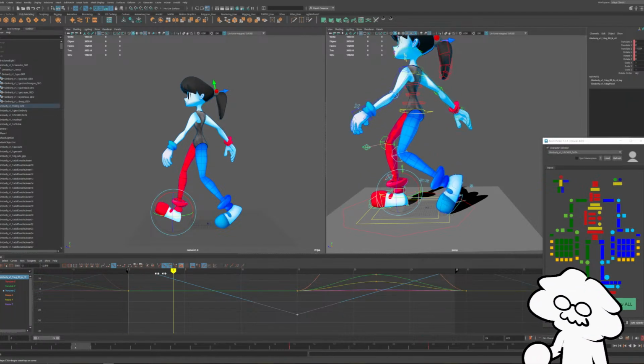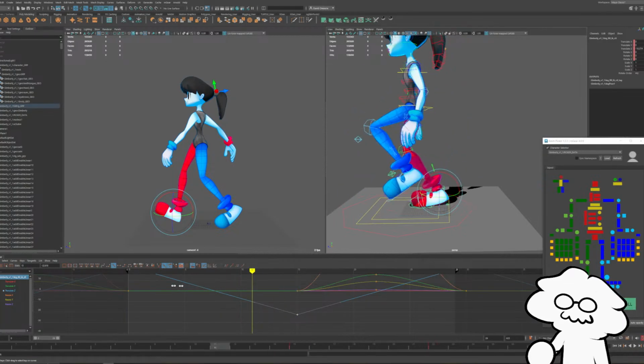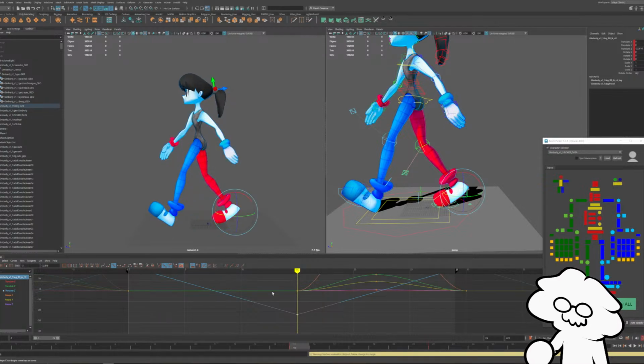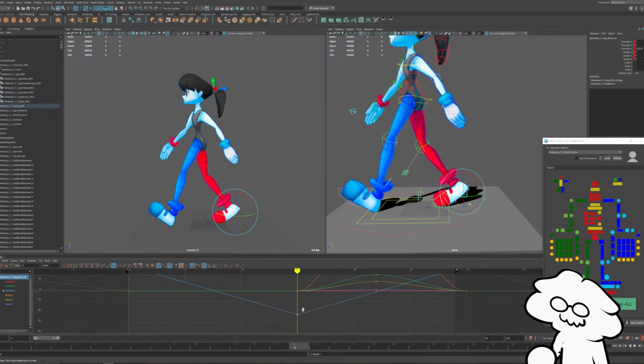So frame 0 to 15, go backwards at a consistent pace, and then we want it to slowly go forward because it's being lifted off the ground. So instead, we'll separate these keys out, split them.